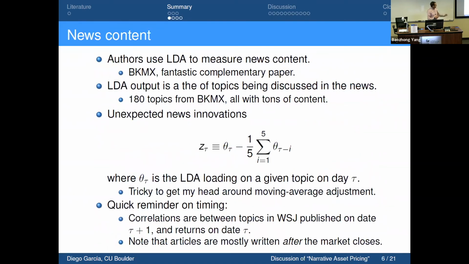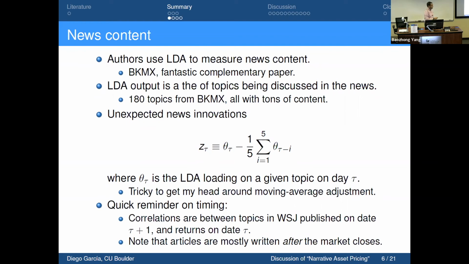So let me talk a little bit about the LDA, which is this paper by Brian Kelly, Leland, Asaf, and Dan Cheng, which is a fantastic complementary paper. This LDA model, for those of you who are not familiar with it, is trying to get at words that occur in the news, which is essentially the topics that are being discussed in the Wall Street Journal. The fit that they do of LDAs to this Wall Street Journal is phenomenal. As a human, you can read these topics and you know exactly what we're talking about. They're talking about oil, about inflation, macroeconomics, what have you, recessions, for example.